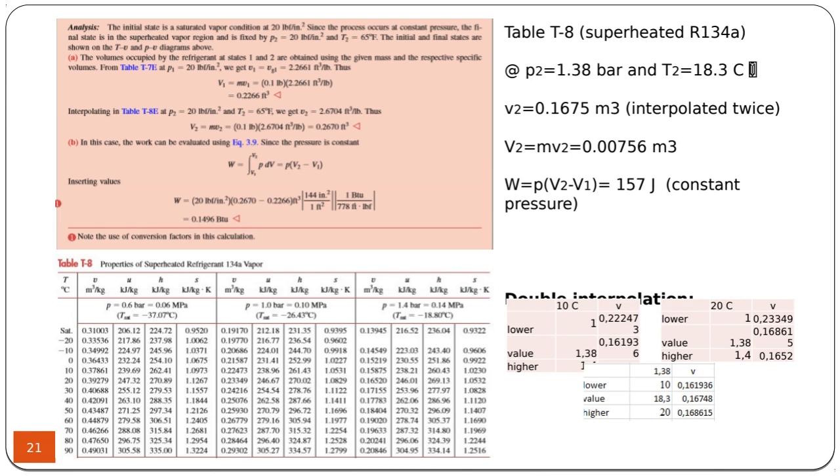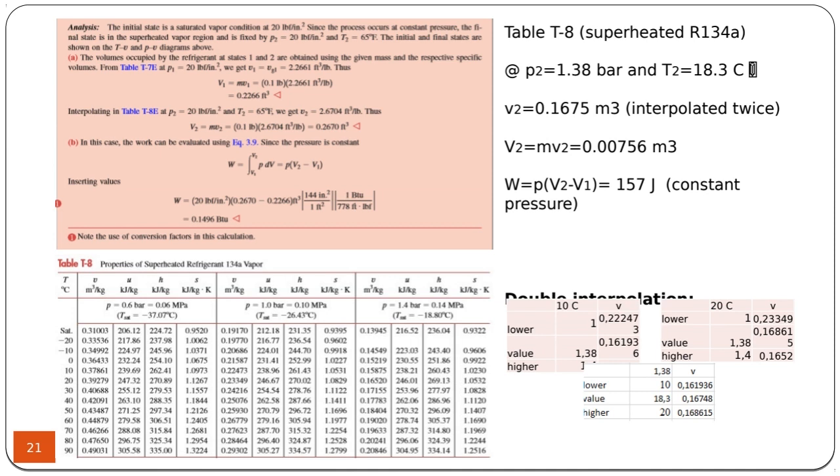So you need to use the superheat table, because in the superheat table you need both the temperature and pressure. From the superheat table you can calculate the new specific volume, but in the superheat table